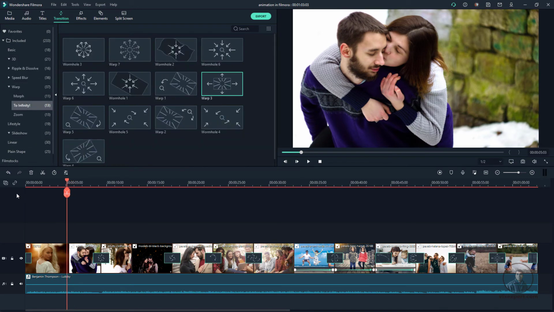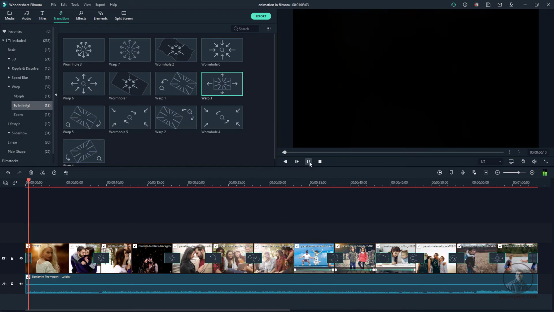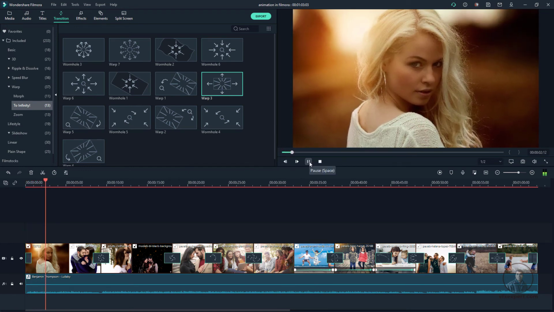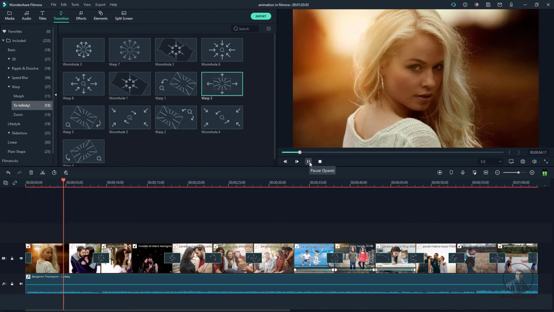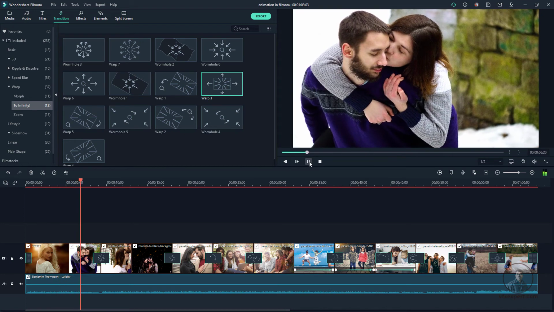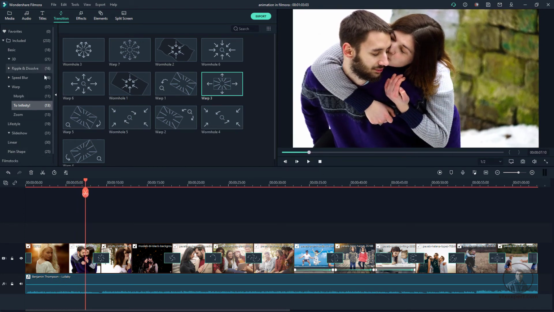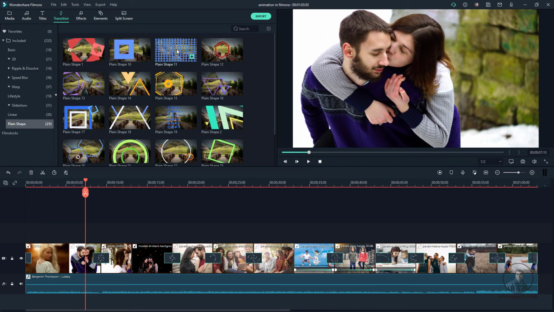Now just play and check here. Now you can see fade in starting. I think one is missing here. So if you want you can also apply a little bit different, maybe this one. So if you want you can apply this one.